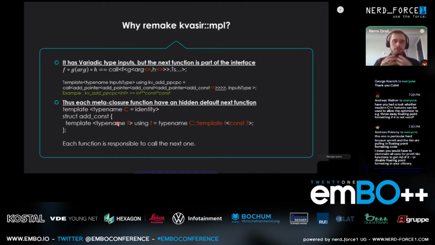And basically the problem that I encountered was the source of it was basically this C at this point, because C is just the amalgamation of all the other meta functions. So for the first add pointer, C is the rest of the function, like add pointer, add cons, add pointer, add cons. So if I want to do this operation and then do something else, I need to go inside this meta function, take the last argument, go into this meta function, take the last argument, and etc. It's possible, but just not very pretty.